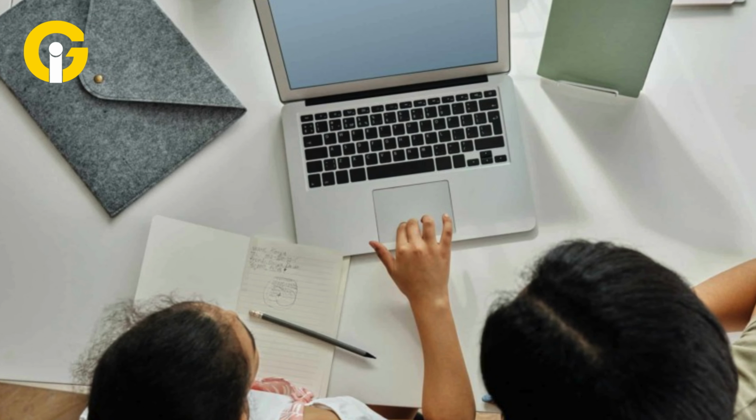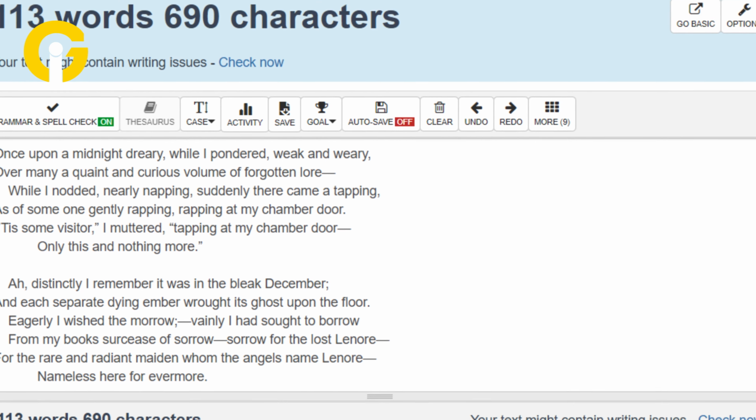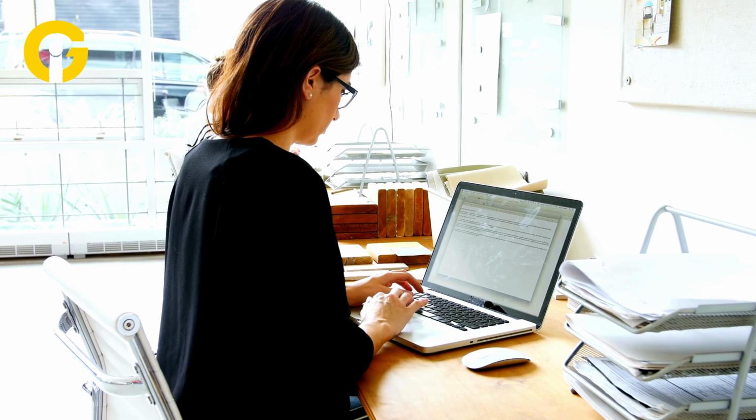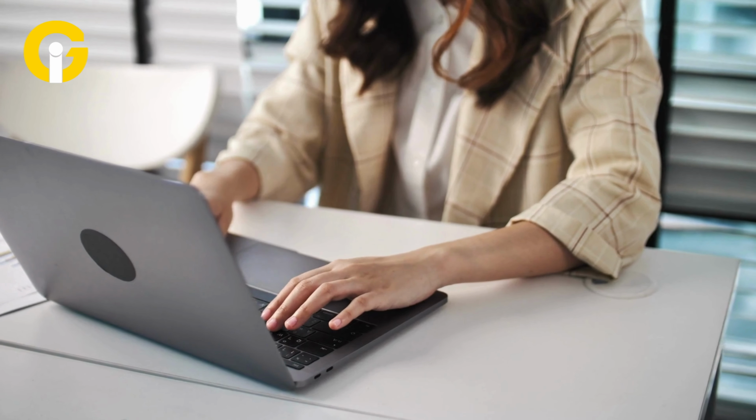Utilize the version history feature to provide evidence for your work. Enabling this function in your preferred writing software ensures that every modification made to your text or essay is saved. By examining the version history, those who accused you of ChatGPT plagiarism can see exactly how you wrote it and